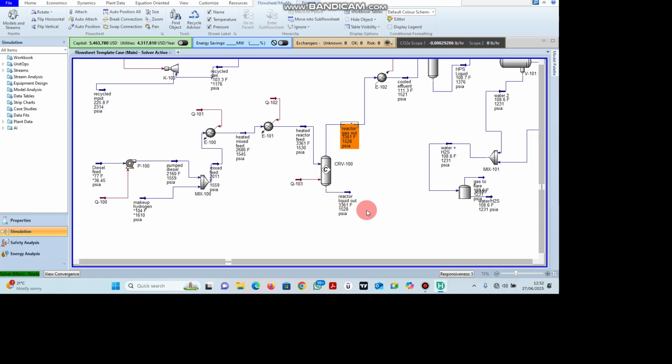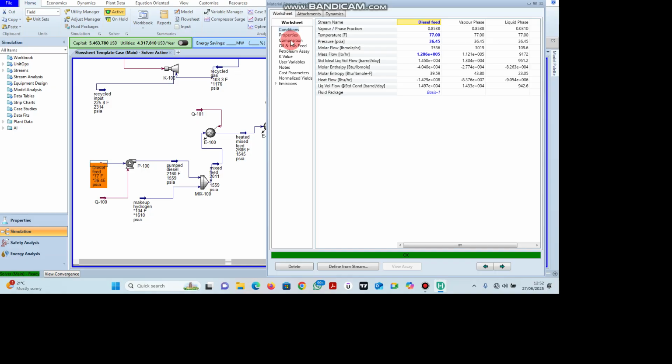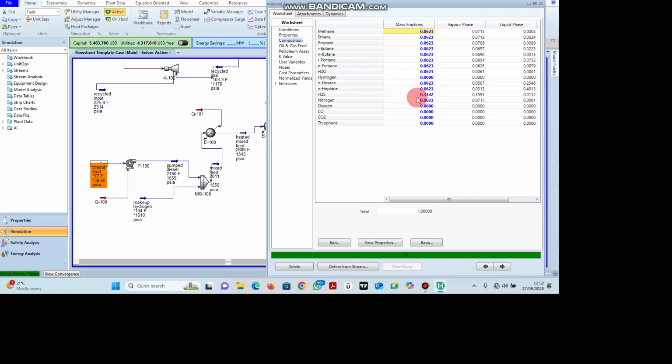Remember, at the end of the day, we are trying to clean this diesel feed to remove sulfur, desulfurization. Remember, look at this diesel feed here, composition. What is the sulfur percentage? Hydrogen sulfide here is